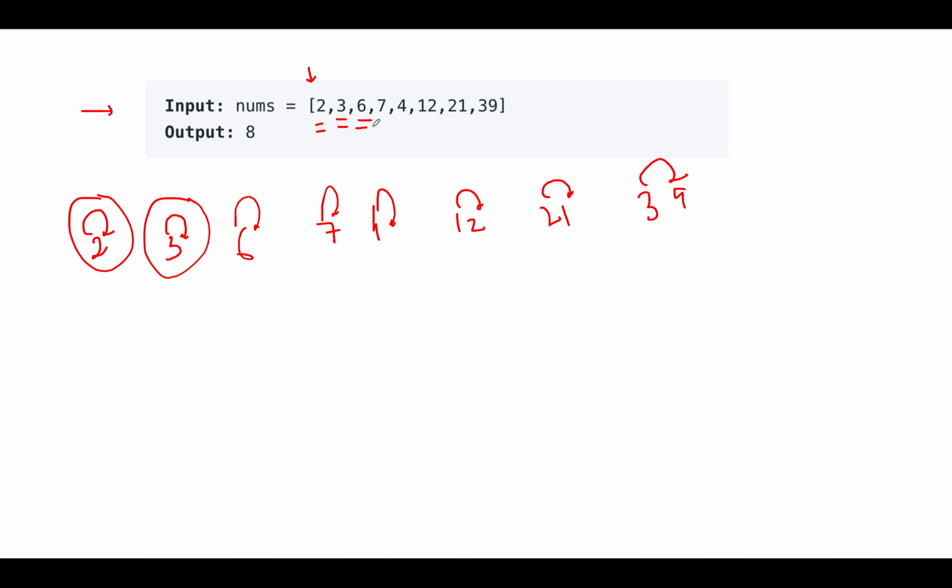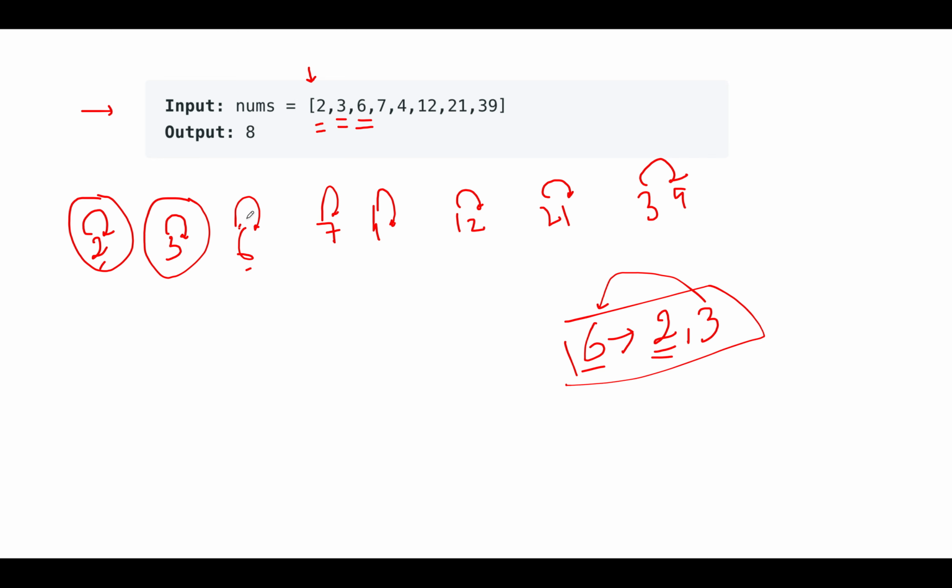Let's proceed ahead. Next we see is 6. So how many factors of 6 does exist? There are 2 factors which are greater than 1. First one is 2, second one is 3. This is an interesting case. What we will do, we'll try to unify 2 with 6, and then we'll try to unify 3 with 6. So we'll establish connection of 2 with 6 first. So how do we establish the connection?